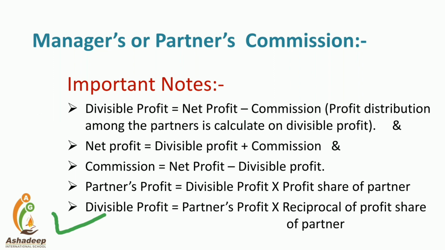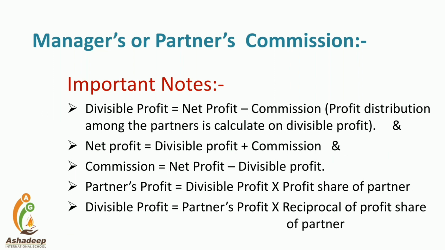So for that we have to multiply partner's profit with the reciprocal of profit share of partner. What is the reciprocal of partner's share? If any partner's profit share is 1 by 3, then its reciprocal will be 3 by 1. As simple as that. Okay, now move on to the next slide and